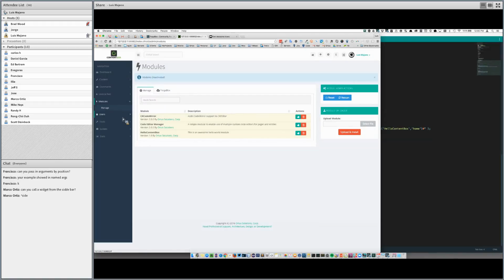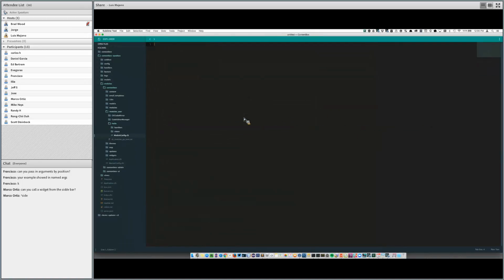So let me go back and do another review. Here is my traditional ContentBox module. Views, there's my view that I was working with. There is my handler. I can see that I added a property injection and actually got some query from my category service, and I presented the view. Okay, and there is my module configuration, which right here created my menu. It created the link inside of my menu, and then I actually unloaded right here the menu.